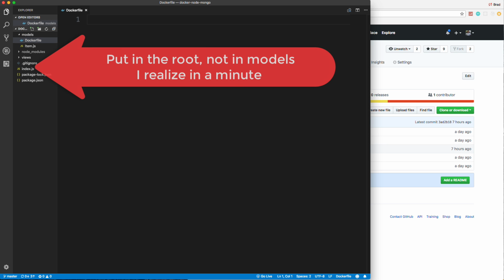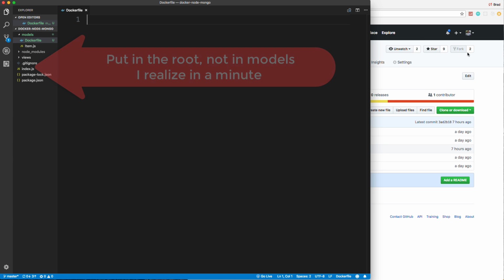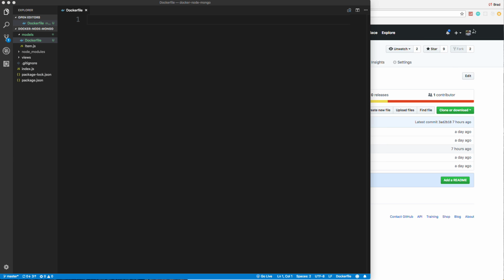Okay, capital D, Dockerfile, no dot at the beginning or anything like that. And we're going to be using the Node.js image. Okay, so let's say FROM node. Now we could do latest. Okay, we could do that, but if Node gets updated, or if this image gets updated, it could mess our application up if there's something in the newer version that isn't compatible. So it's usually a good idea to use a solid version. So right now version 10 is out, so I can just simply say node 10